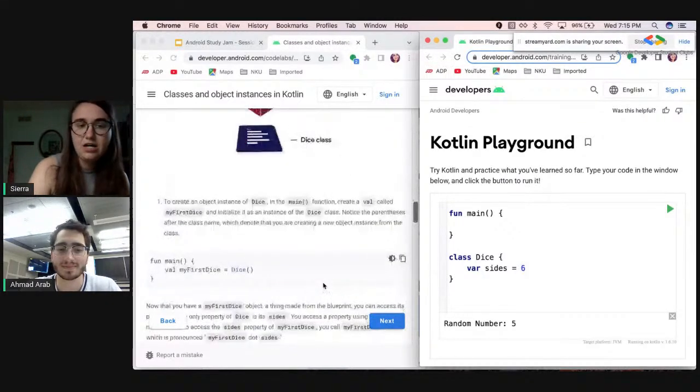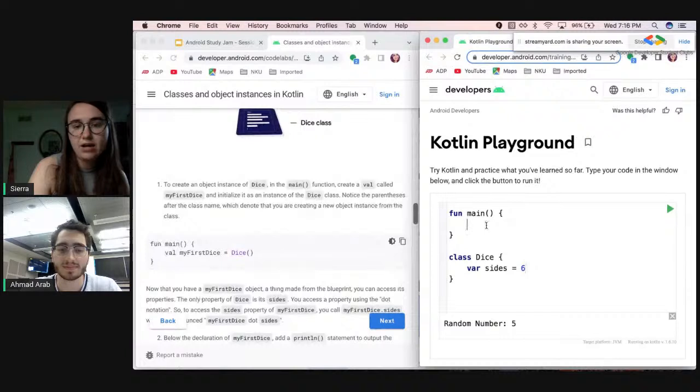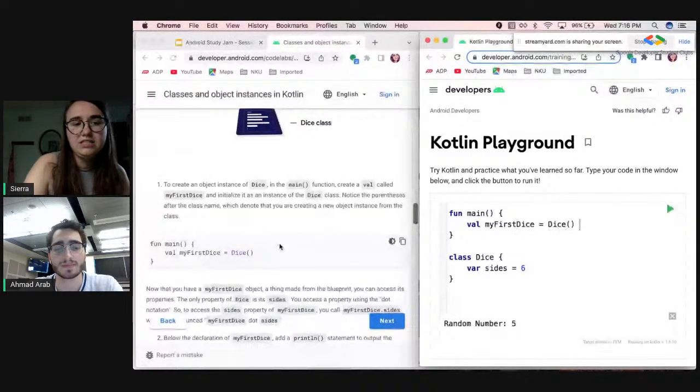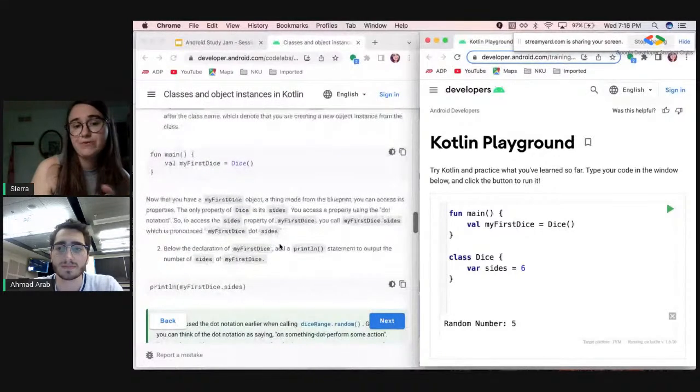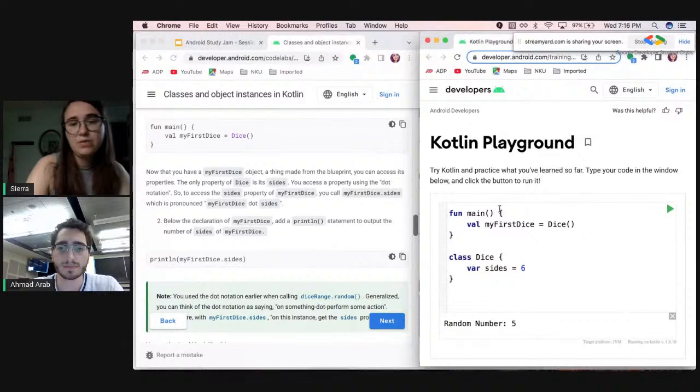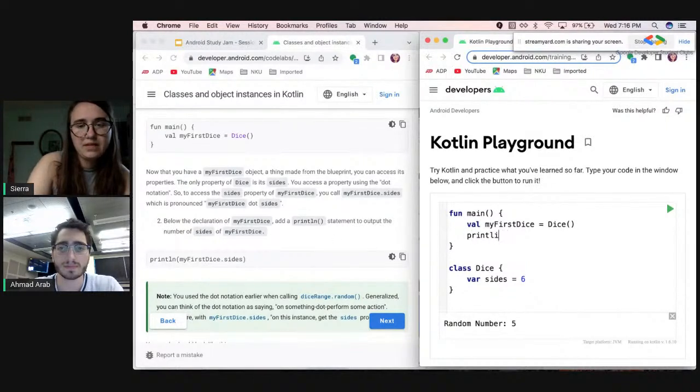So to create an object instance back in our main function, we can add val my first dice equals dice. What we should notice is that my first dice object is the thing that's built from that blueprint, and we can access its properties. So what we can do next is print line, my first dice